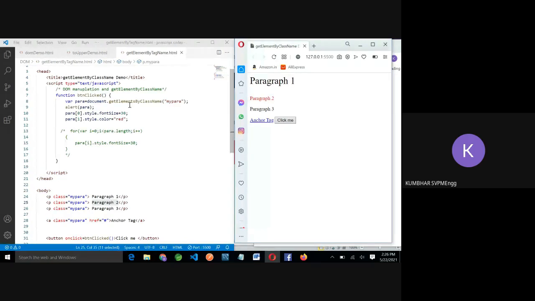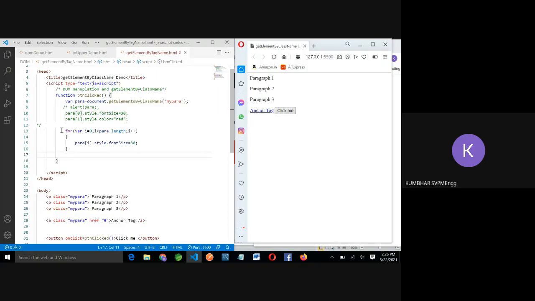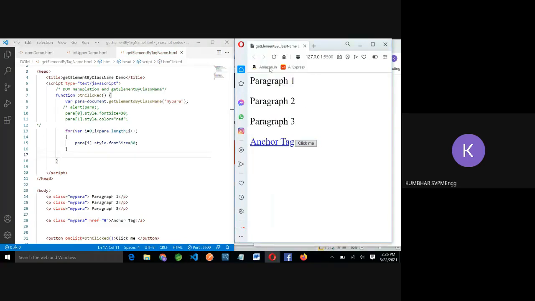Now instead of this, if you want to apply the same action to all, you can take the benefit of a for loop. So that is the demo here. When I click on this, it is applying to all, all fonts are changed, because in the loop I am giving para[i], one by one every element will be traced and its font size is set to 30.